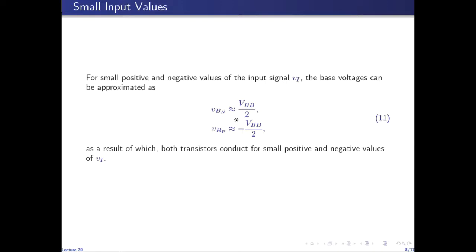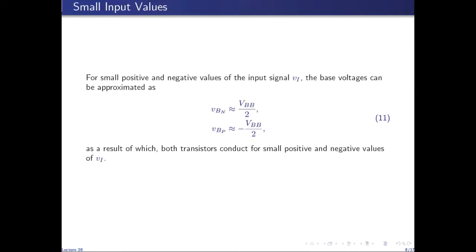So for small positive VI, the base emitter voltage of QN, which will be momentarily equal to VBN, will cause the transistor QN to conduct. Similarly, for small negative values, so as soon as VI becomes negative but is small, so at that moment, before any change in the conduction of QN and QP, the load voltage